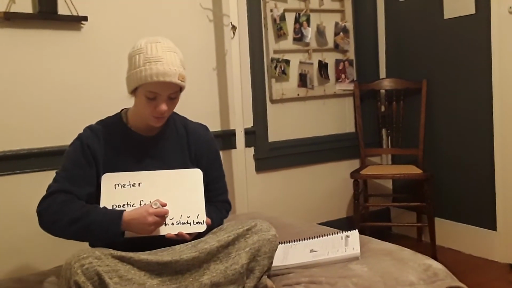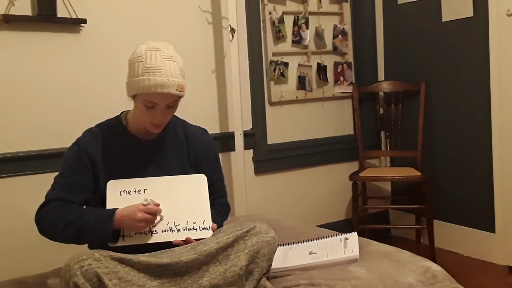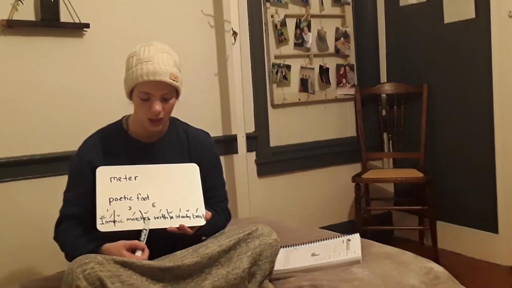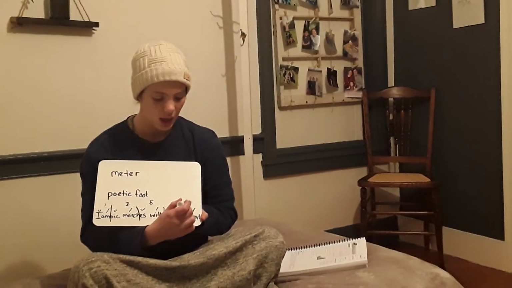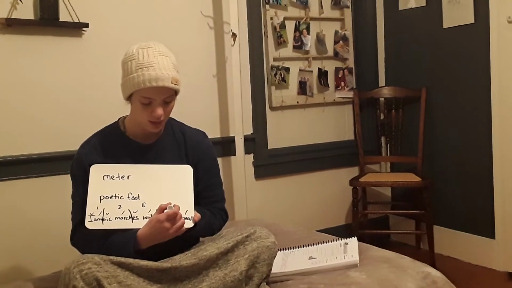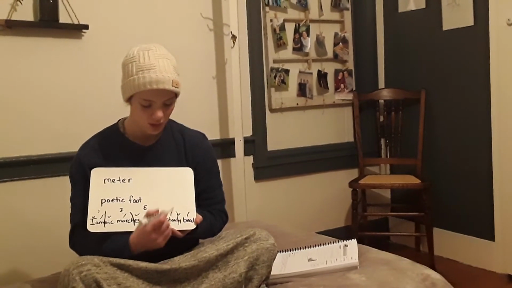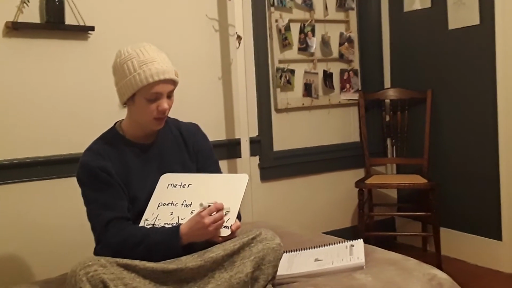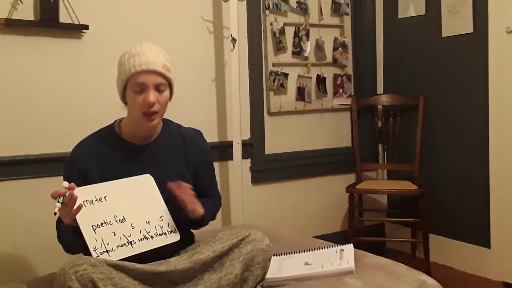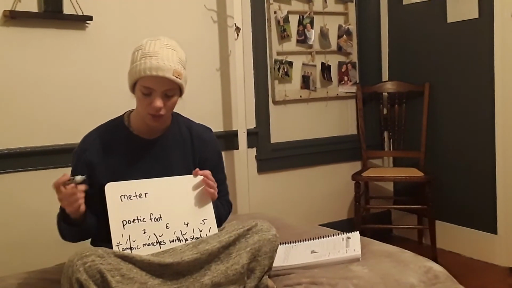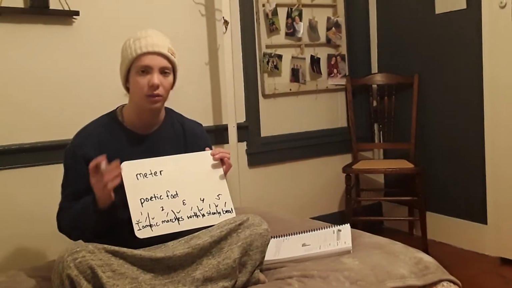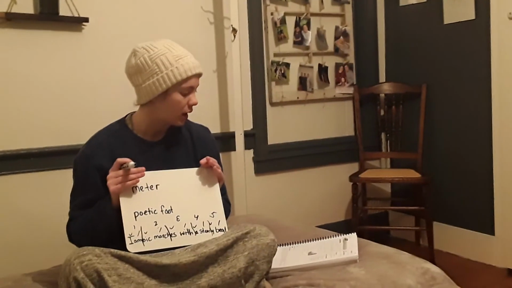Then we have a third foot here, with one unaccented, one accented. Okay, and a fourth foot and a fifth. So there's a total of 5 feet in this line because there's a total of 5 patterns, unaccented, accented. Okay, so that is what a poetic foot is, and you'll be working with that in your lesson